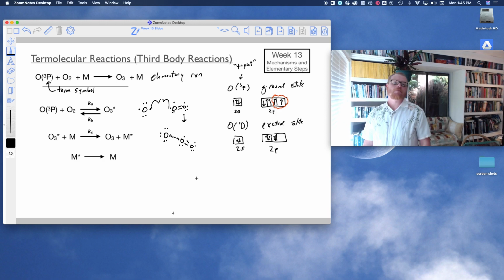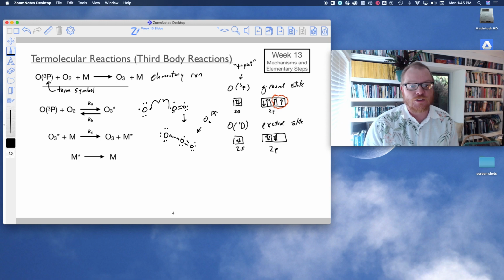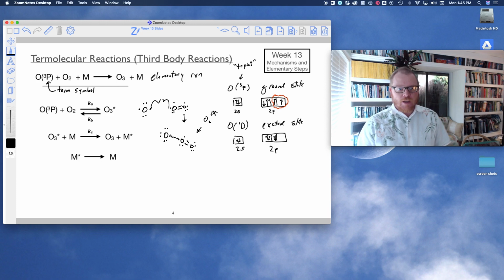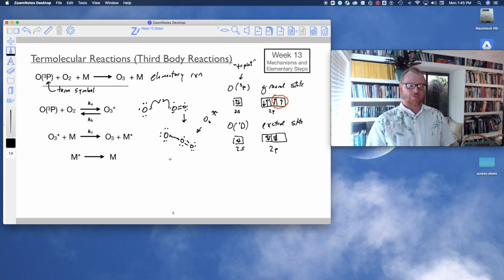Okay, something like that. So this is really unstable. This is our O3 star, with that extra elongated bond. The molecule hasn't quite formed yet. As it turns out, if we think about this via conservation of momentum, which we rarely think about in